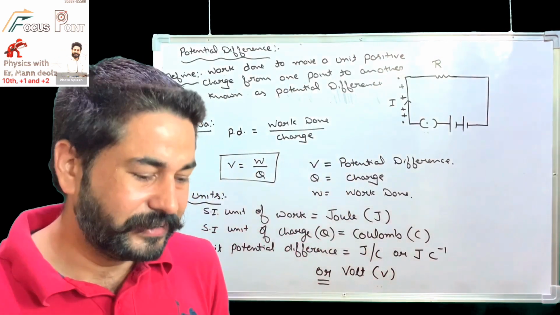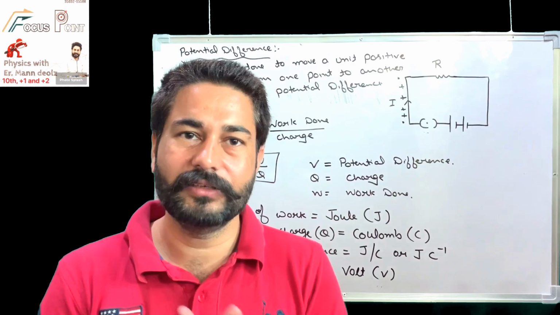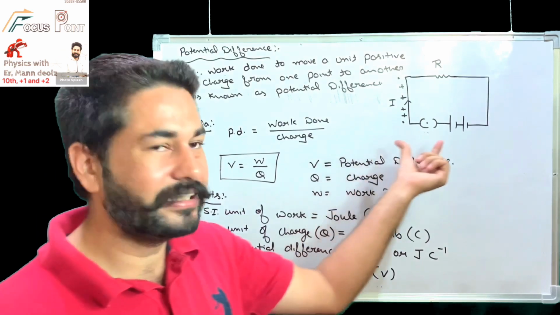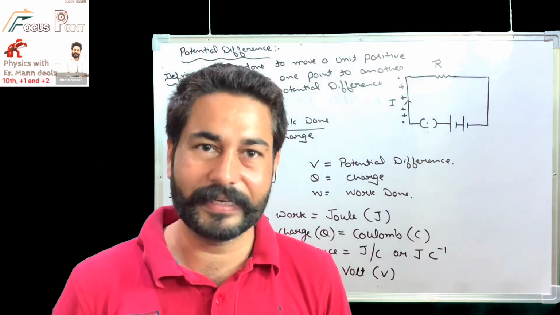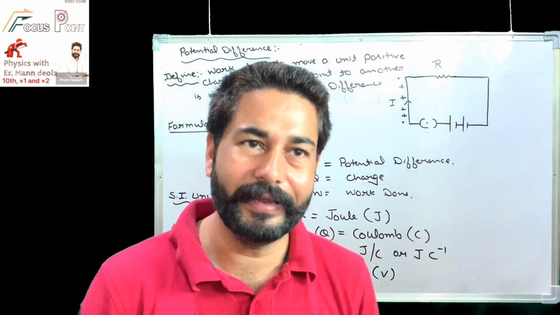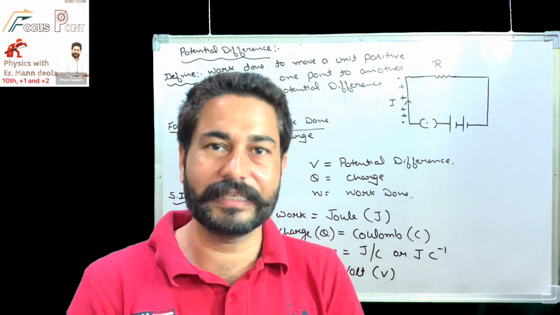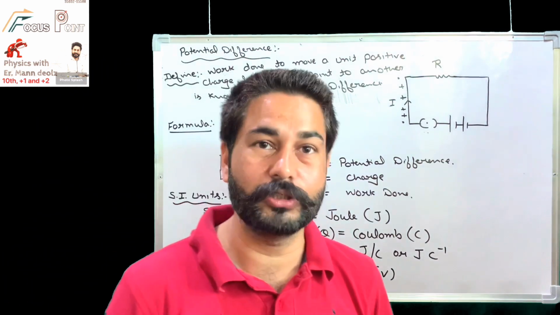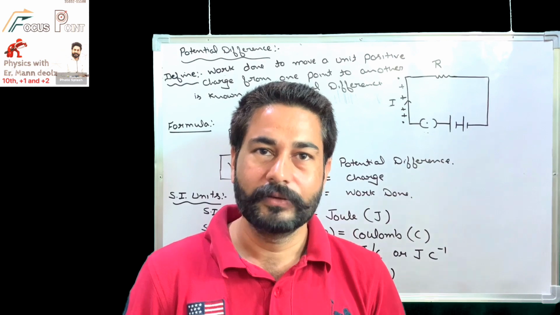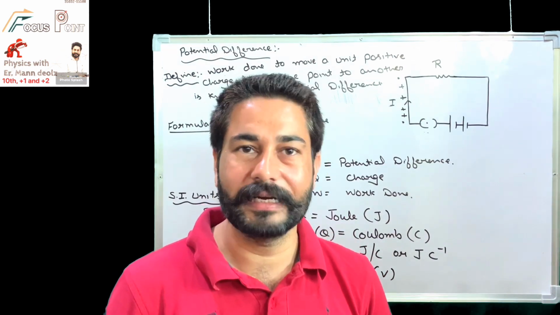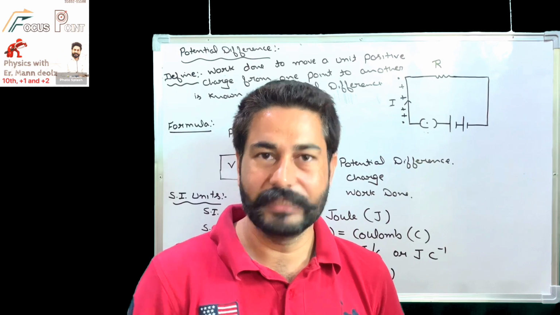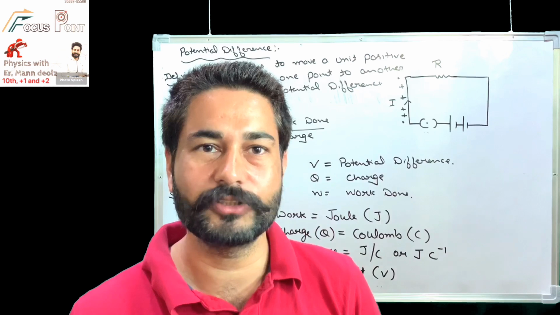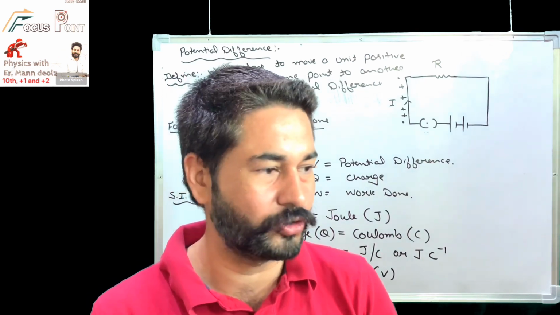Potential difference is this electric potential, which is given by the government in our homes. No doubt we can get this potential difference from batteries also if we have a DC battery in any device. I told you many examples, like in a car there is a battery, in an inverter we use a battery, in your phones also there is a battery of 5 volt. But these are sources of DC, which we will cover later in the next chapter number 13: direct current sources of energy and alternating current sources of energy.